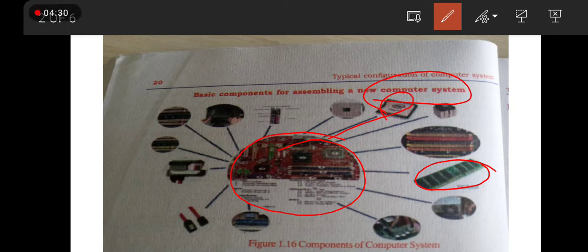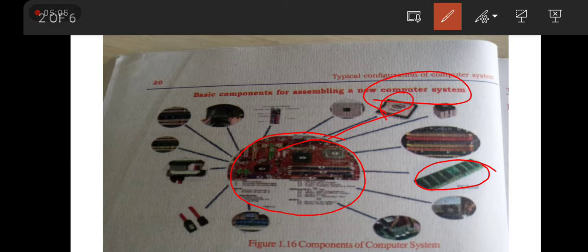In this sense, the motherboard is from one company, the processor is from one company, and other hardware devices are from another company. So gathering different hardware devices from different manufacturing companies and grouping them together is called an assembled computer.